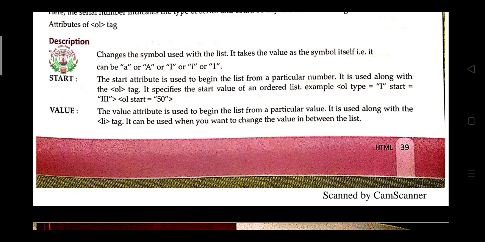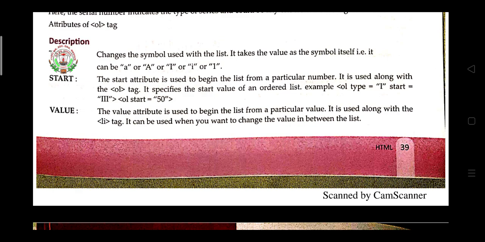Then again you want to continue. For continuing you can write the start attribute equal to where you want to start your list. If you want to start from D, then you can give start equal to D, then the other list will display from D.